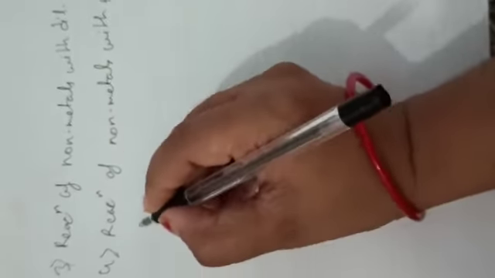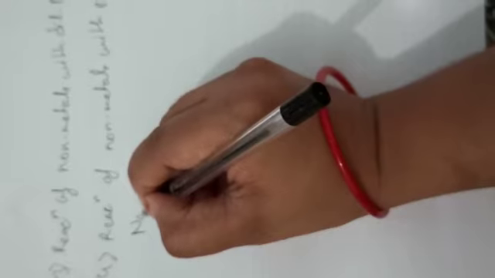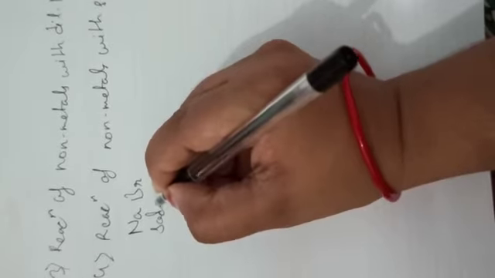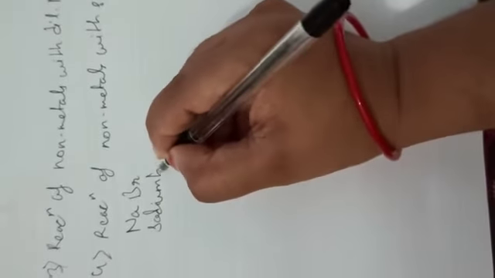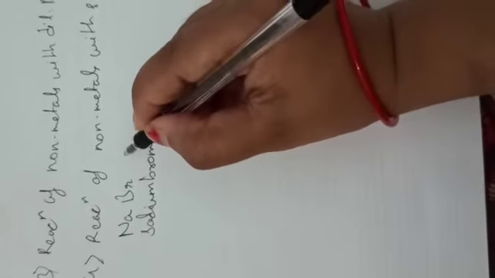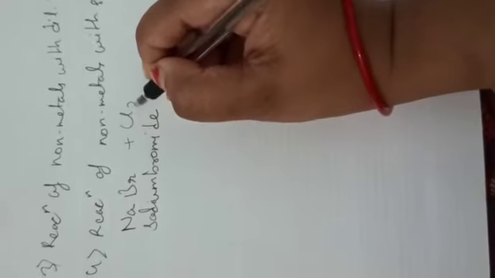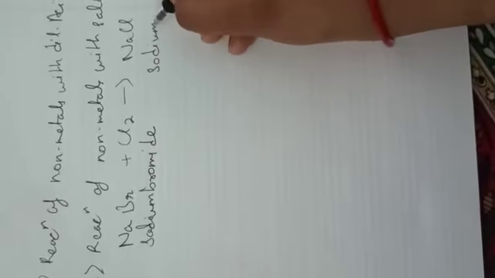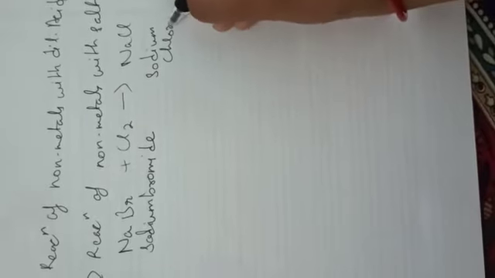For example, let's take an example of sodium bromide, which is NaBr. Okay, this is what you call sodium bromide. When it reacts with chlorine, then in that case we get sodium chloride, NaCl. This is your sodium chloride. Okay, so in that case sodium chloride plus bromine, Br2, which is your bromine.